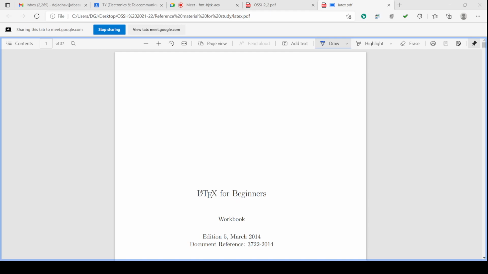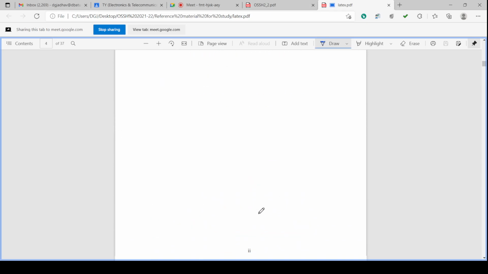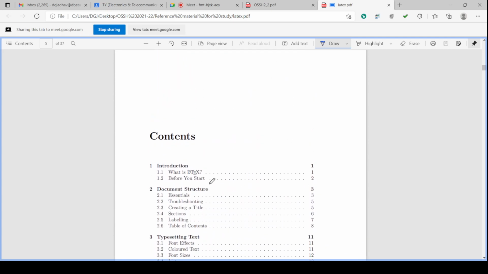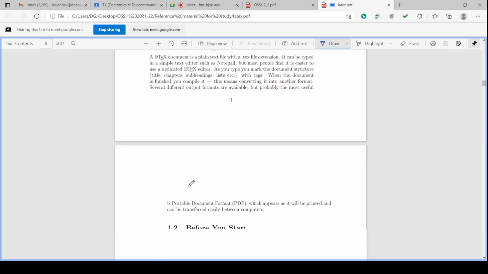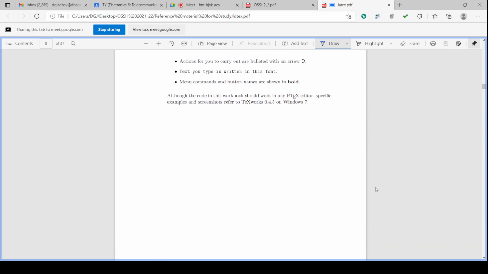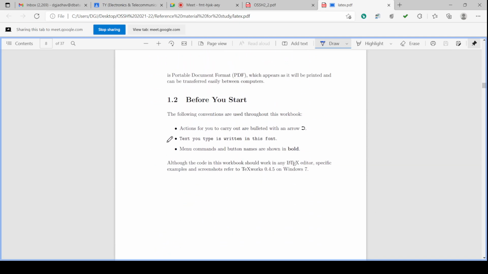We have seen the LaTeX introduction, and before we start we should know this: this arrow bullet is an action to carry out.